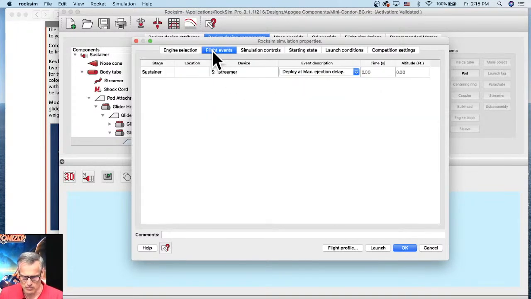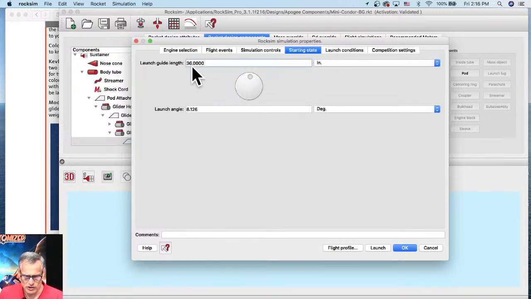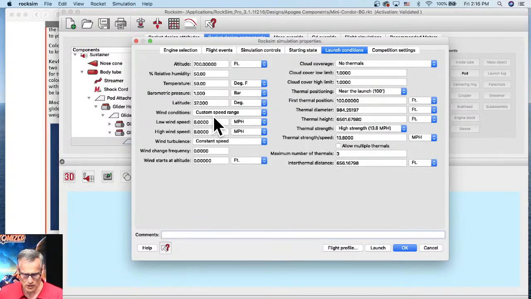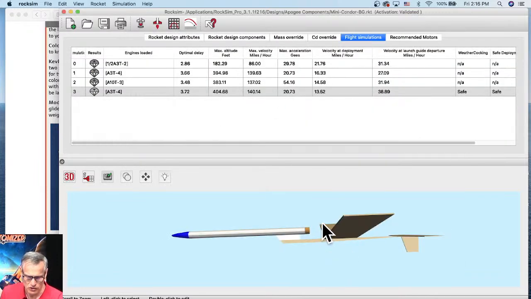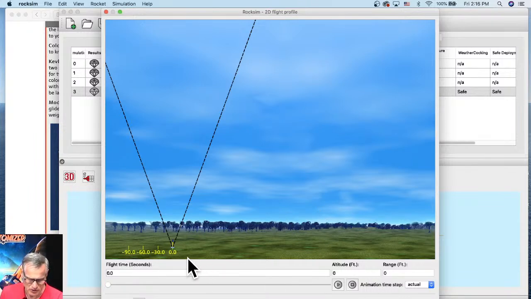Let's see how this is set up. So it's going to have a maximum ejection delay when it kicks out the streamer. We're launching, let's go straight up. So launch angle, make that 0 degrees, hit tab. Launch conditions, we have an 8-mile-an-hour wind. Let's see what this looks like in the flight profile. It should go up and should be a streamer, but let's launch it. See, it goes up, and